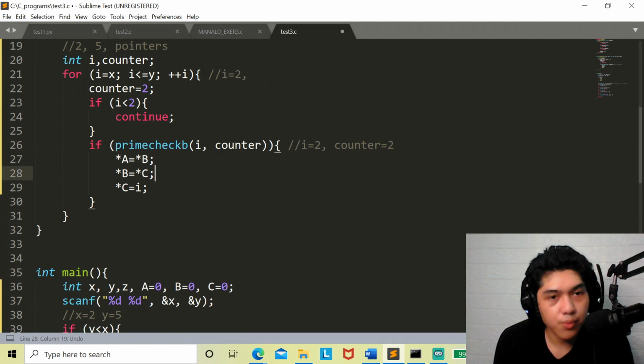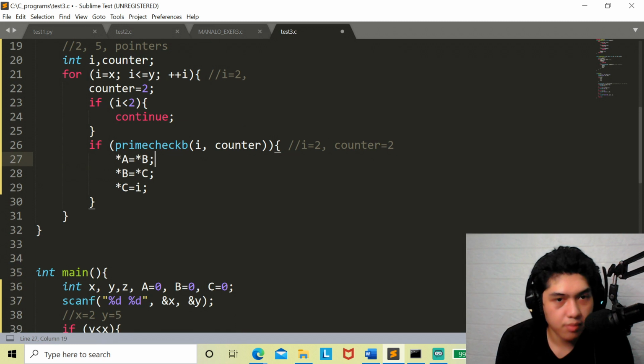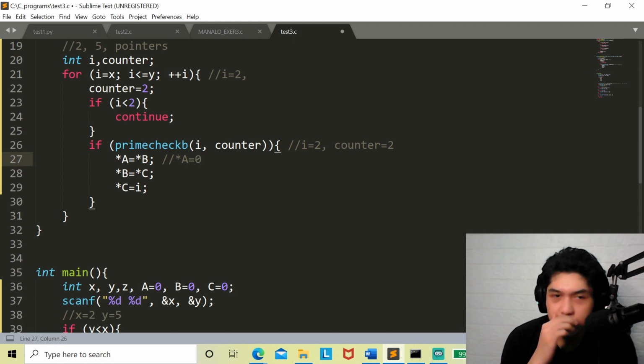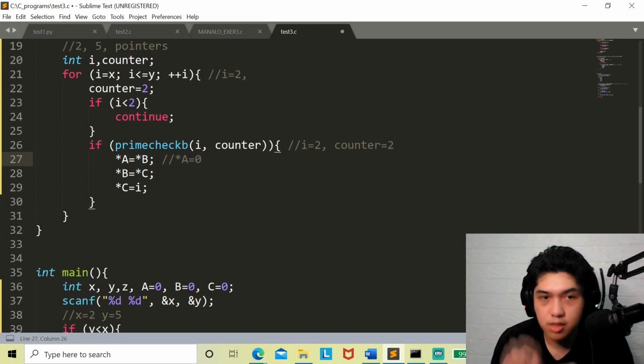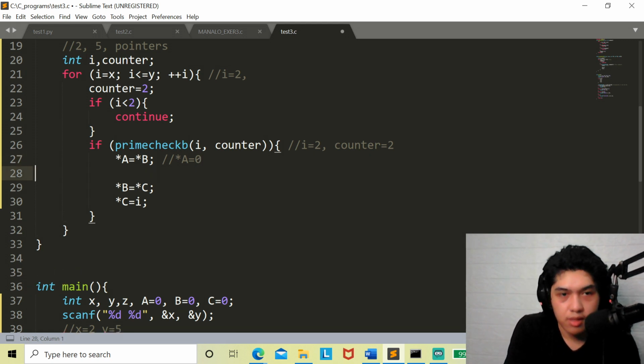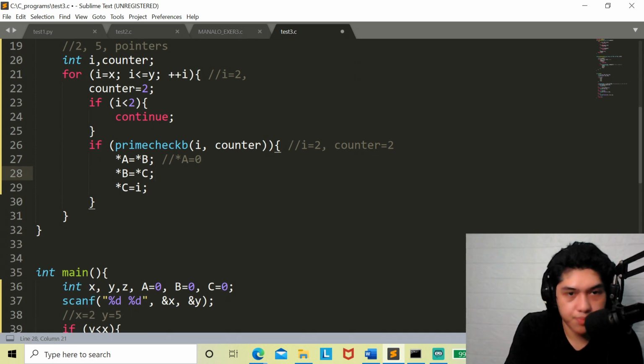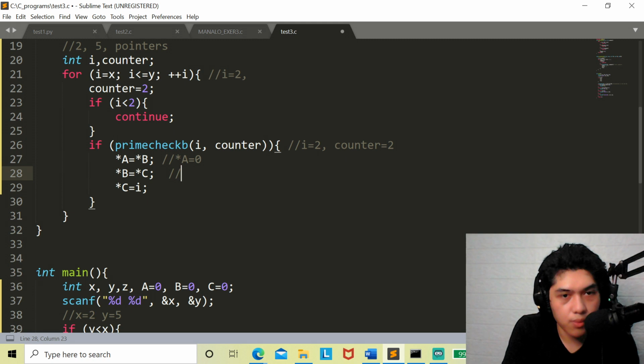And now we are going to check the pointers. So here, it's just saying pointer a equals 0. Since technically it just kept the variable, then it went to the integer. And now b